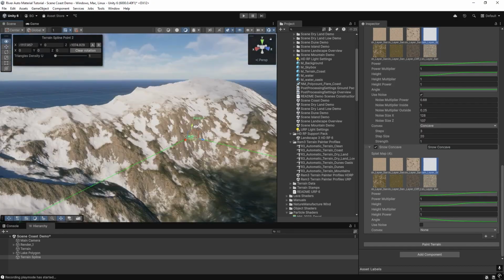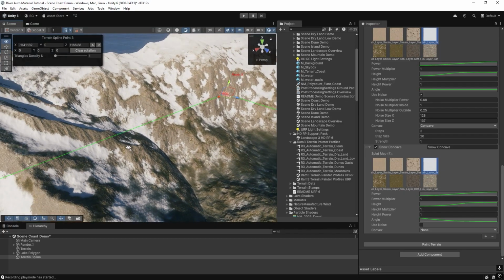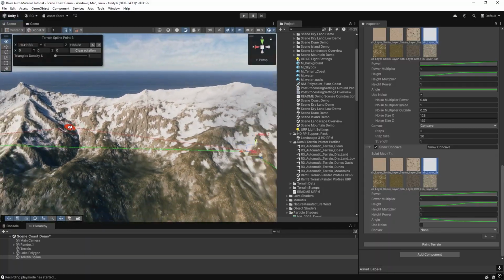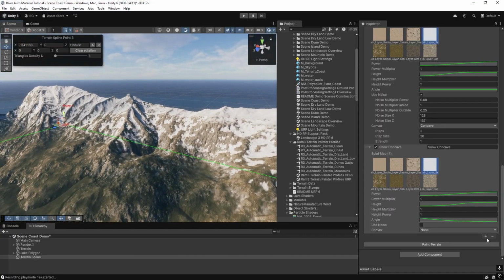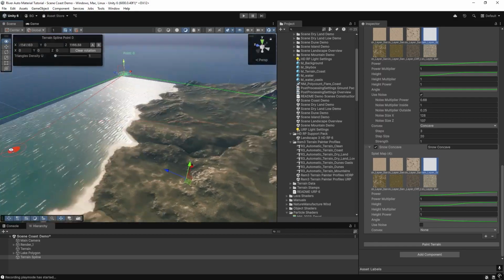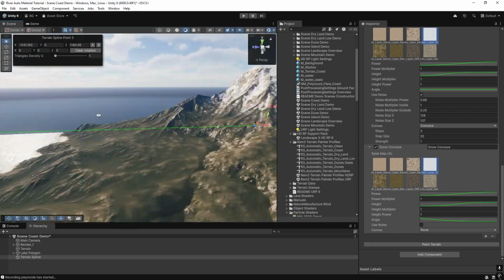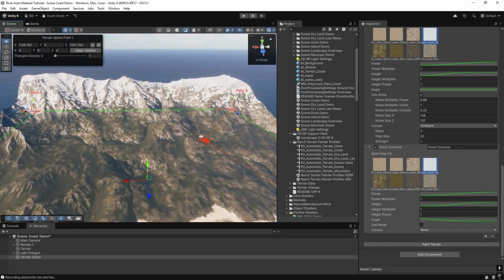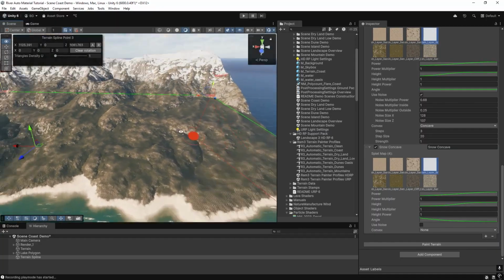but at the lower part of the mountains we have snow only in the holes, hidden from the sun. Of course you could duplicate this layer again, and for super high tops remove the angle, so even big slopes will be covered by snow in super high mountains, but we don't have such a mountain here. Okay, I painted for you this terrain from 0,